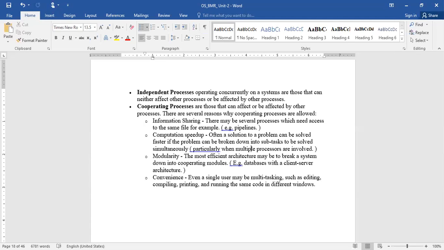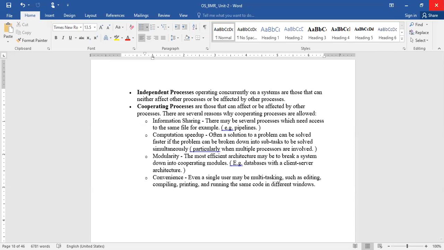Modularity means dividing the whole task into modules. Especially, you may be familiar with the client-server environment, where some part of the work is executed on the server itself.